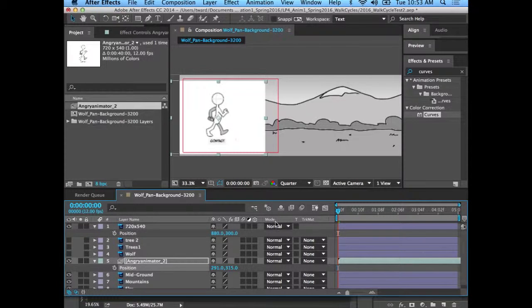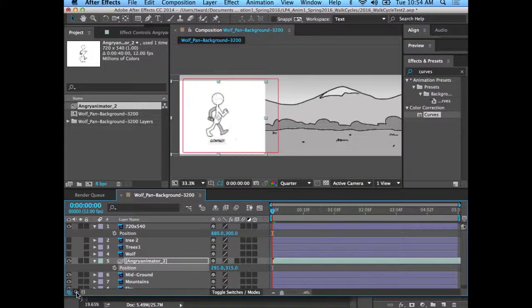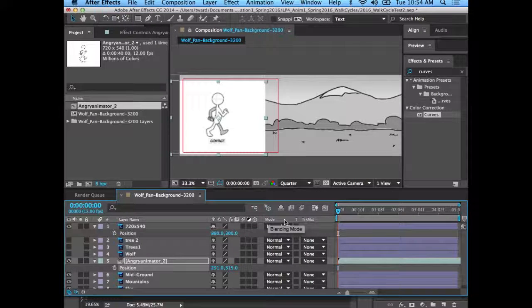We have this thing called modes in After Effects. We have a column called modes, M-O-D-E. If it's not showing up, down here in the lower left, you have the expander, collapse, and transfer controls pane. If I click it, they go away. There are three buttons down here, and it's the center of the three buttons. I click that button again, they show up. So my modes column shows up that way.